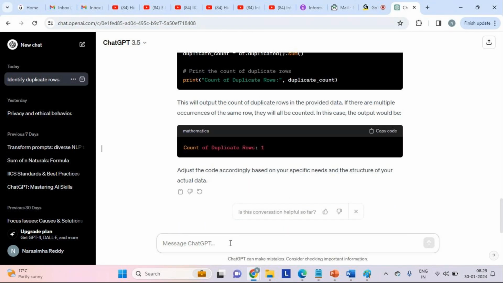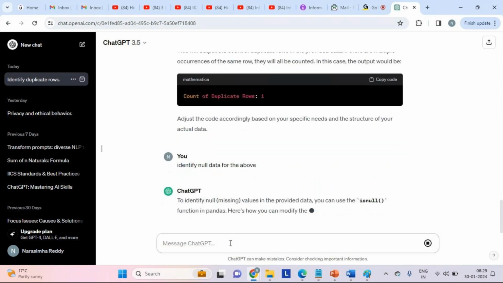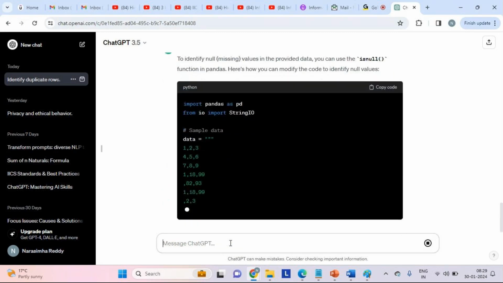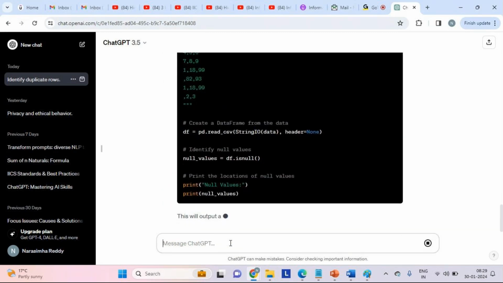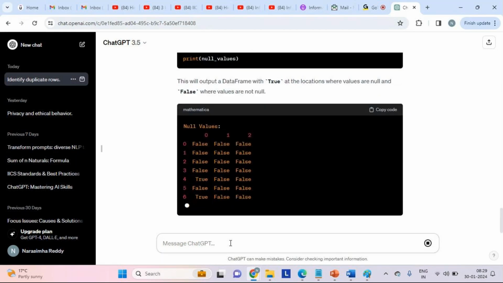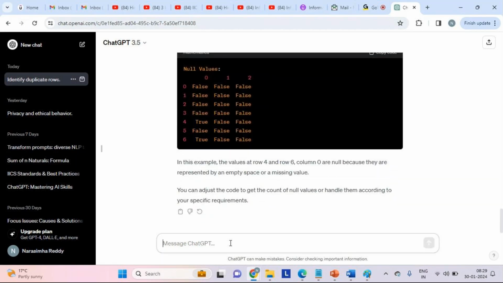But do we have, also, identify null data for the above? Why are we asking for the above? Because remember this AI remembers whatever has been processed. Can you see here? We got a true. There is a null data, and there's one more null data.